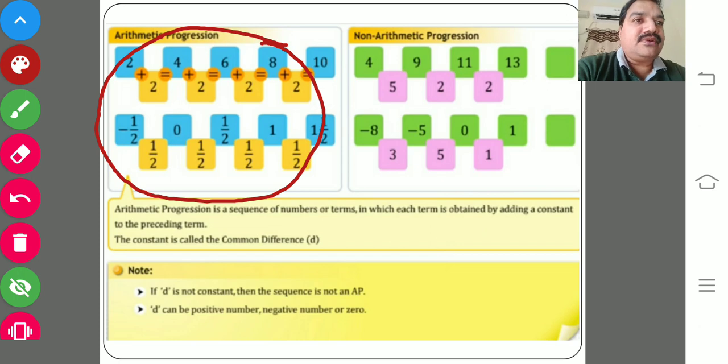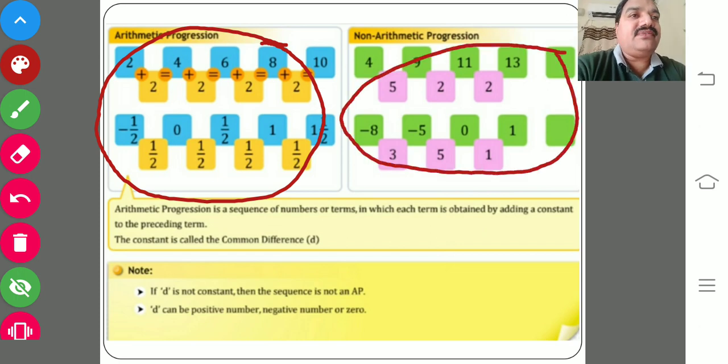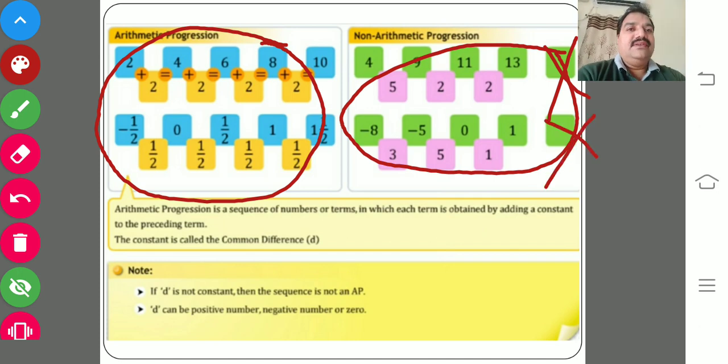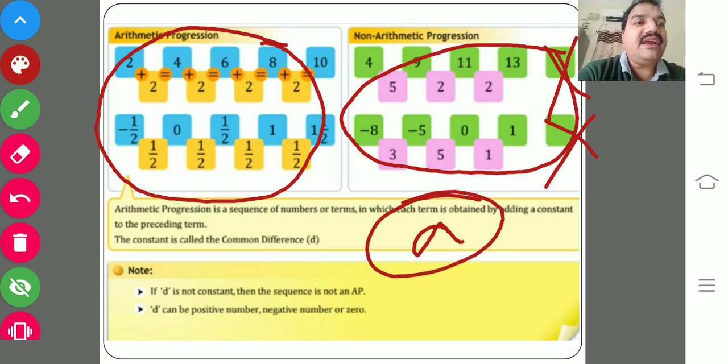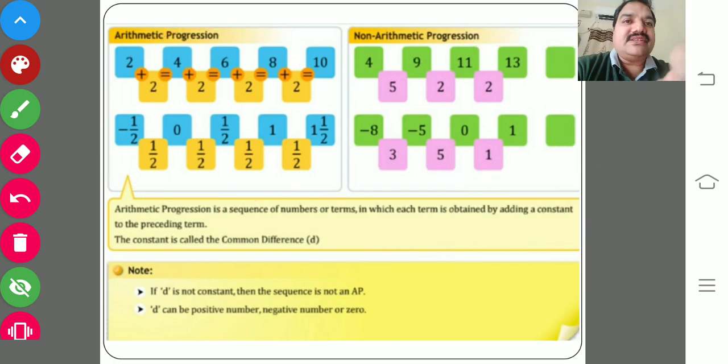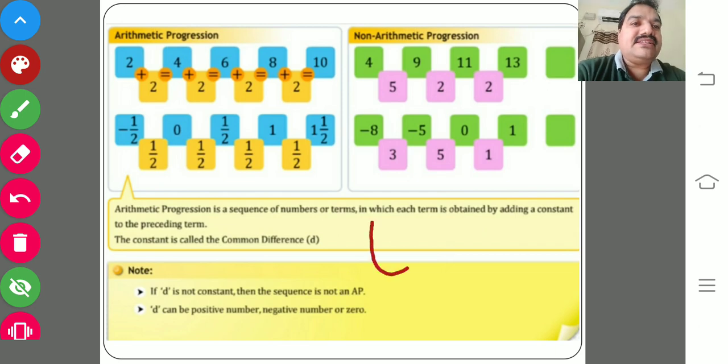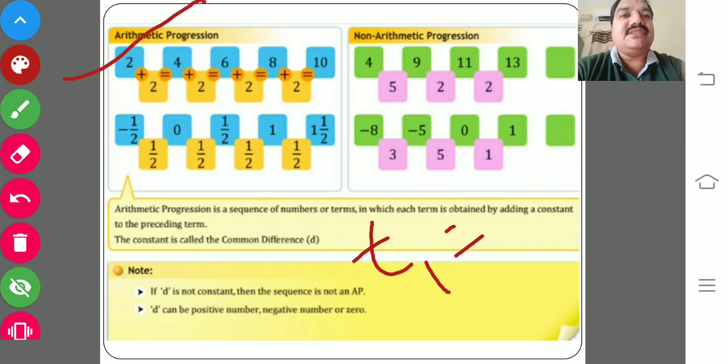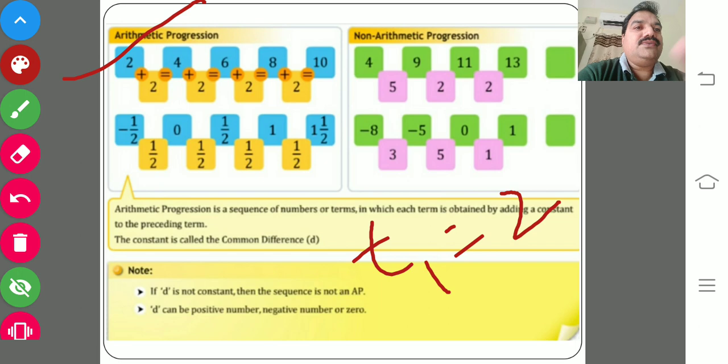And a non-arithmetic progression is one where we can't define the answer because it is not following any systematic rule. So in arithmetic progression, the main parts are finding the first term A and finding the common difference between the terms. That is very, very important, children. Here you just see that term 1 is 2 in the first case. The first term is 2 and the common difference is D.